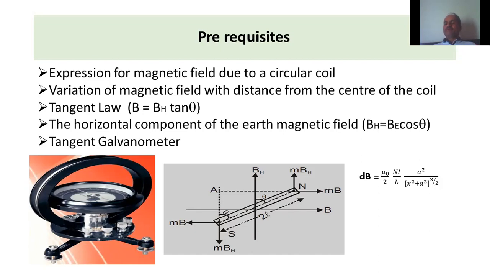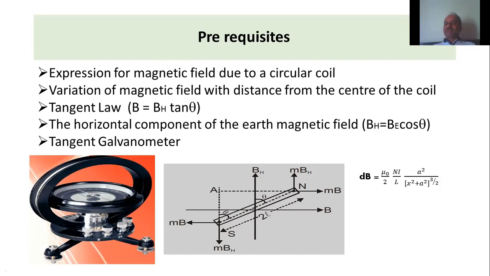And so this magnetic field is divided into two components, one along the equator, one along the geographical meridian. Geographical meridian means it is the plane passing through the geographic north and south pole. So this BE is a result, and this BE is the direction of the magnetic field on the surface of Earth at one place,